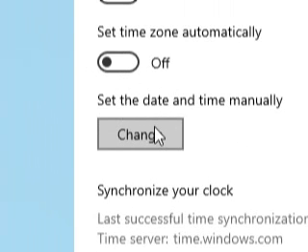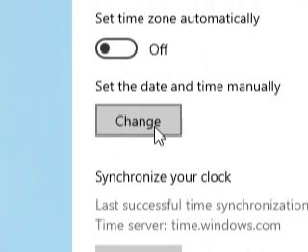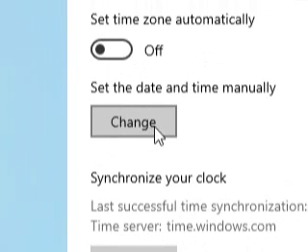Now we have the option set the date and time manually. See here, for changing the calendar year to your own birth year, you should click on change. If you click on change, it will open another dialog box.